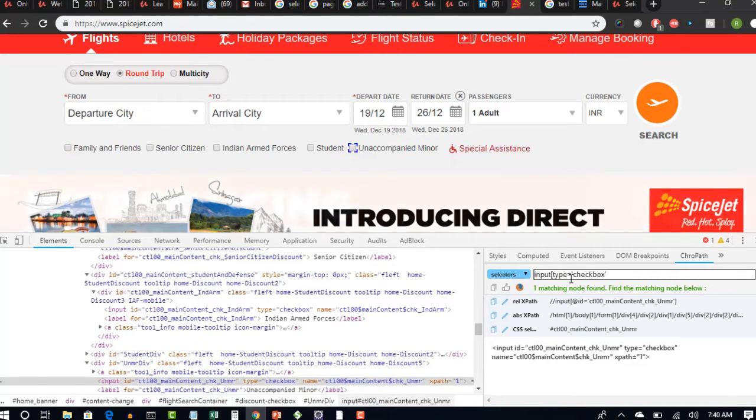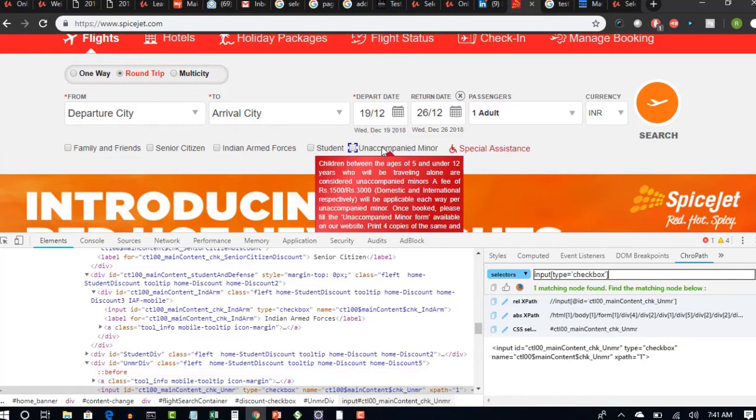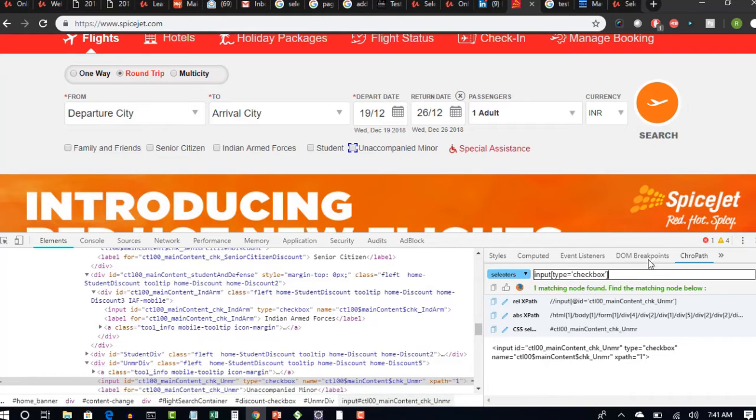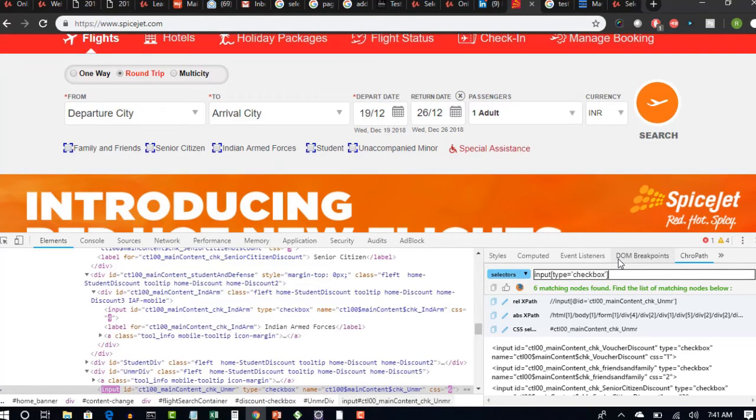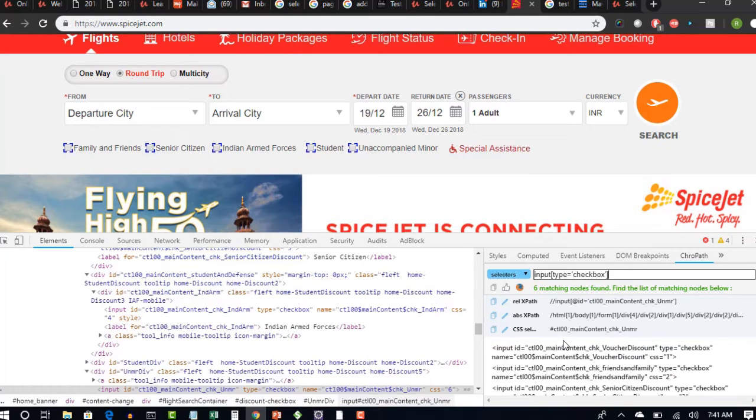So this is the CSS which is applicable to all these checkboxes, isn't it? Because all have the same type attribute. So if I hit enter, then I found 6 matching nodes. Okay, so that means you can simply say that there are 6 checkboxes in the page.